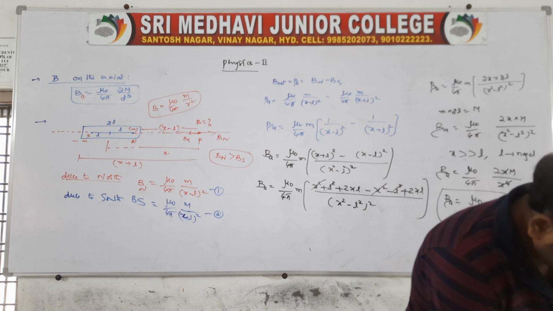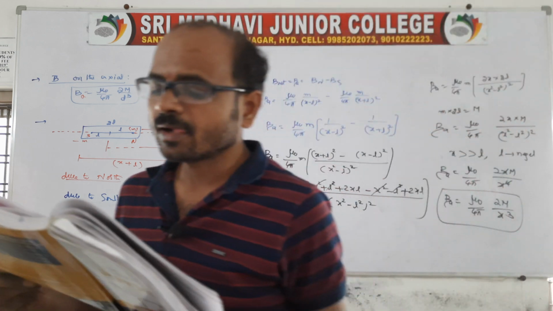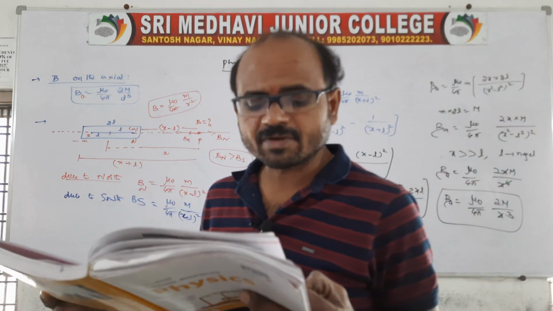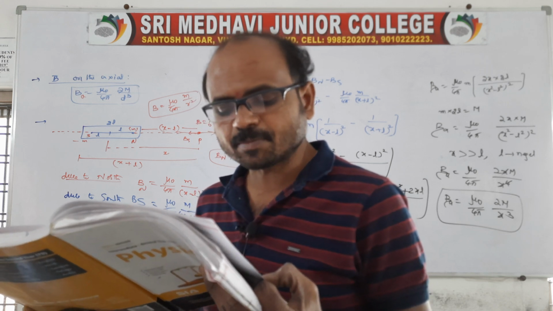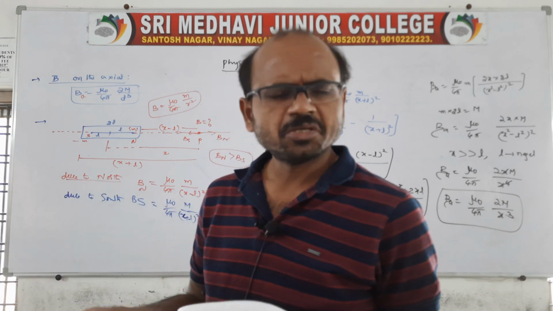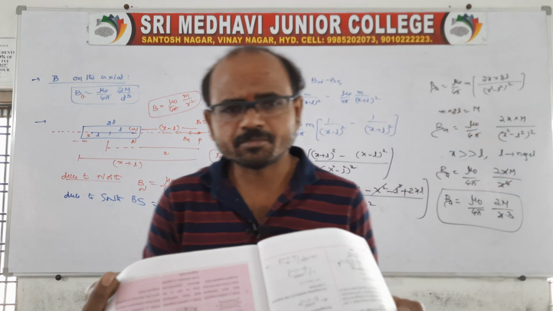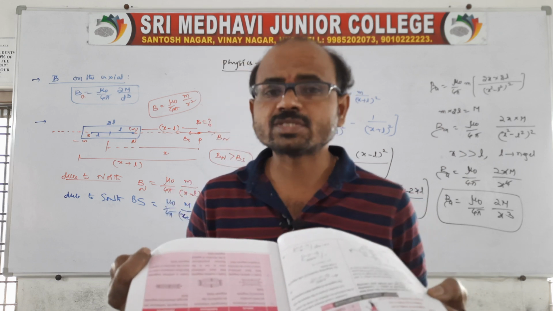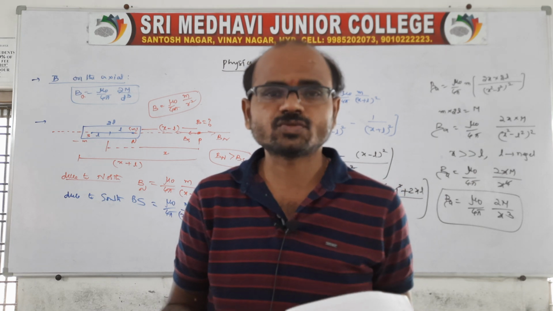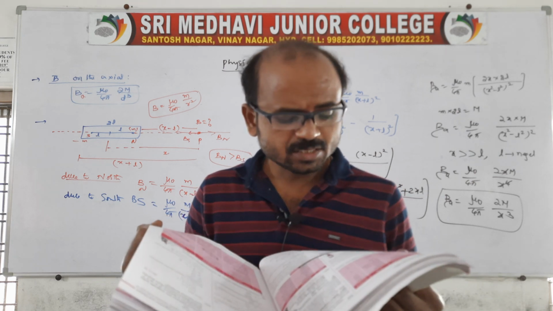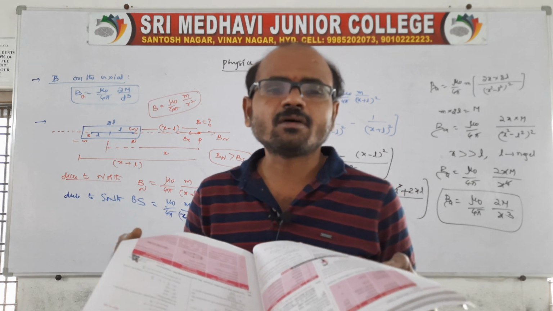On page number 238, question number 1: derive an expression for the axial field of a solenoid of radius r containing n turns per unit length and carrying a current I. Suppose you want to write this answer from the material, no problem. But they are using a solenoid, we are using a magnet. Of course a solenoid also becomes like a north and south pole, because it is a current carrying solenoid, which produces the magnetic field along the center or along the line joining all the circular coils.